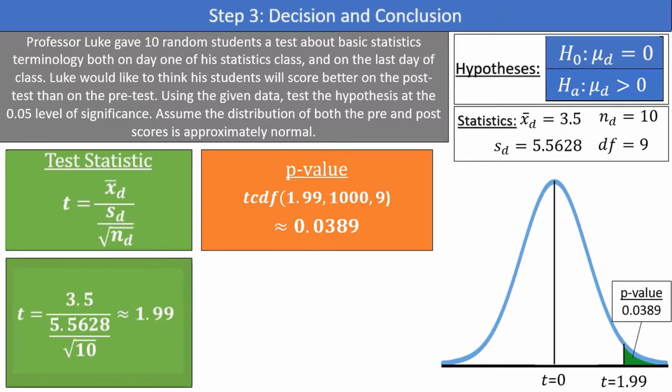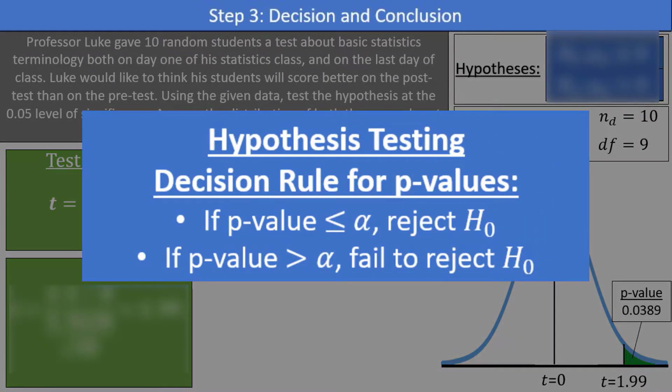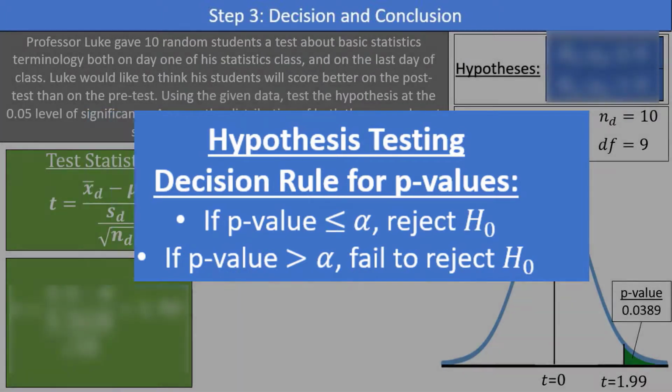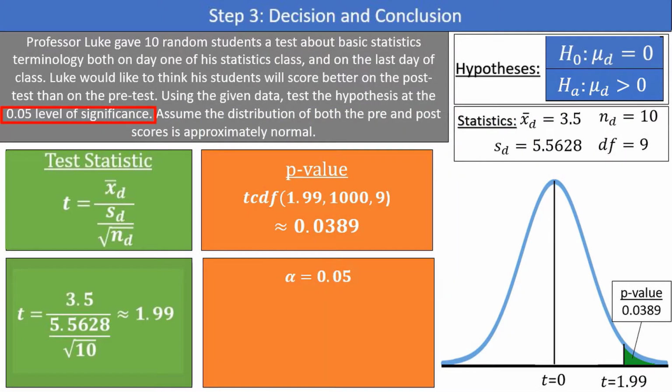Step 3. Decision and conclusion. If the p-value is less than or equal to the level of significance alpha, then we reject the null hypothesis, and if the p-value is greater than the level of significance, we fail to reject the null hypothesis. Like I always say, if the p-value is low, the null has to go, and if the p-value is high, the null will fly. In our case, the level of significance is 0.05, and the 0.0389 p-value is less than